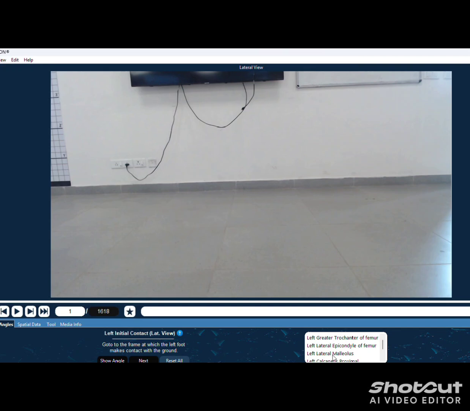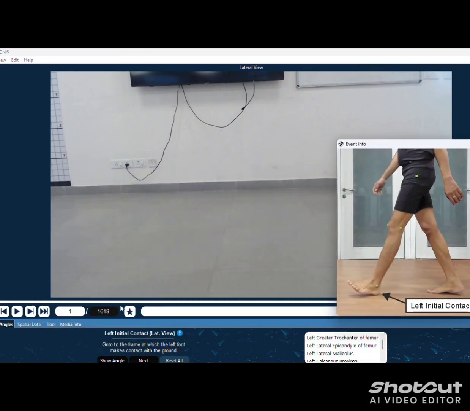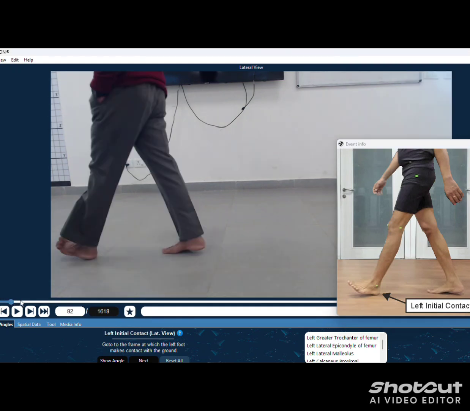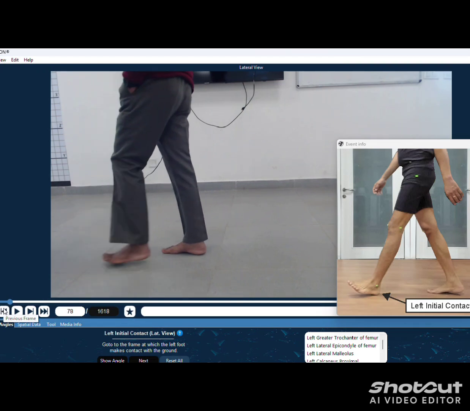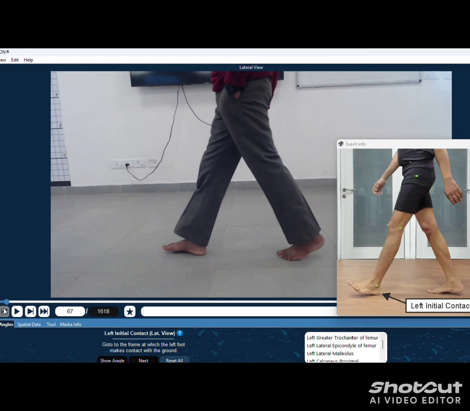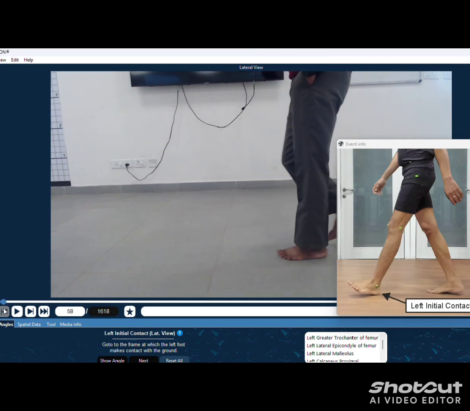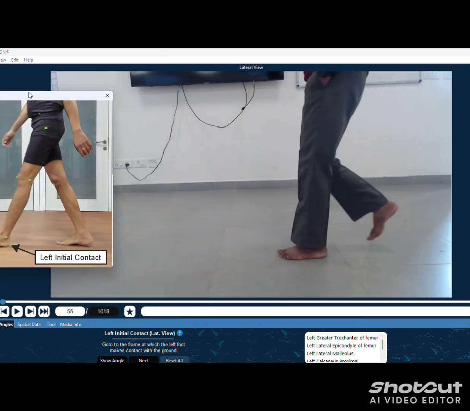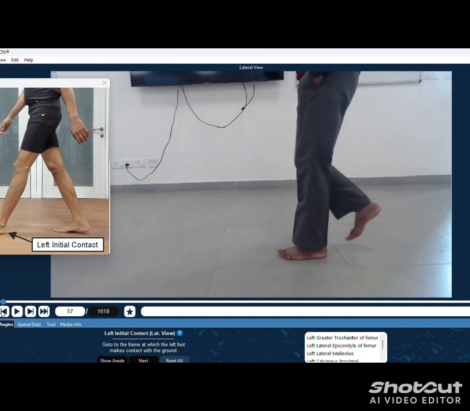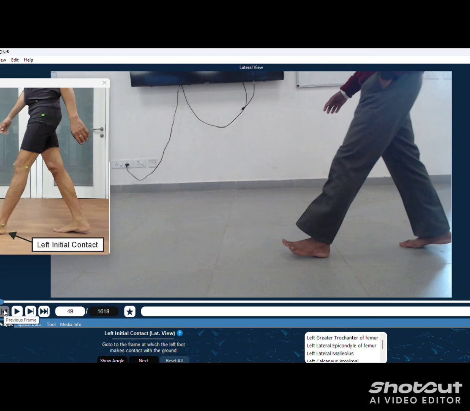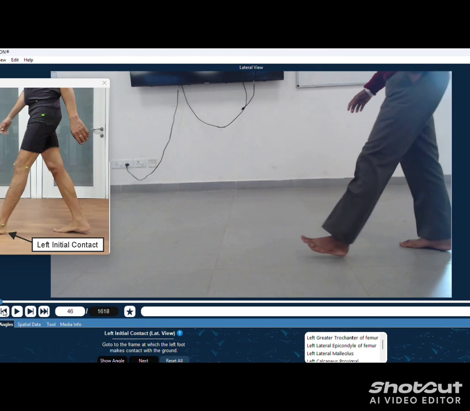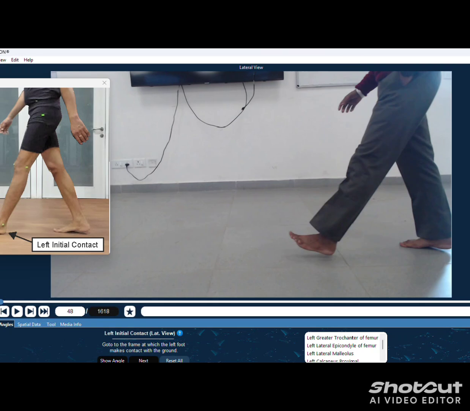So now we are moving our video frame by frame with the help of next frame tab, and get the same gait as per the given image. In this image, left initial contact we need to make.